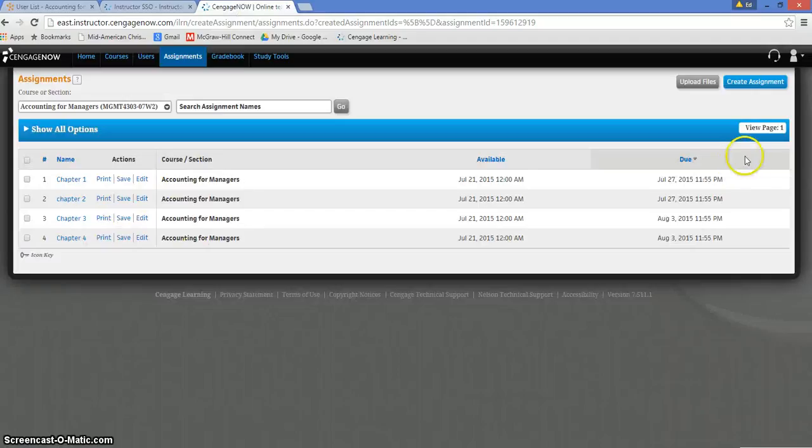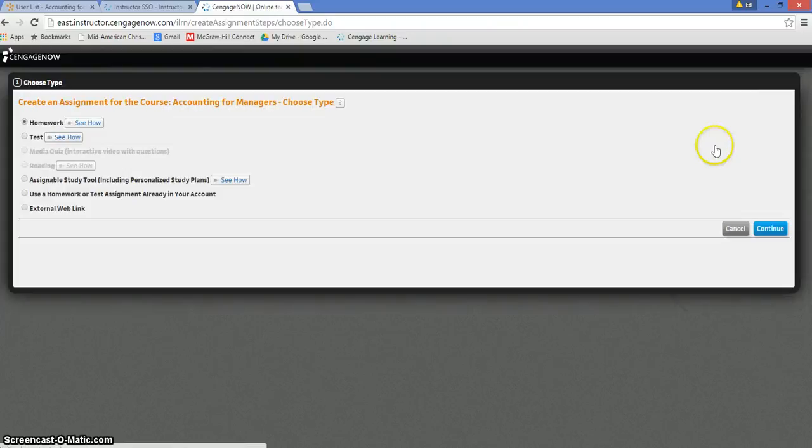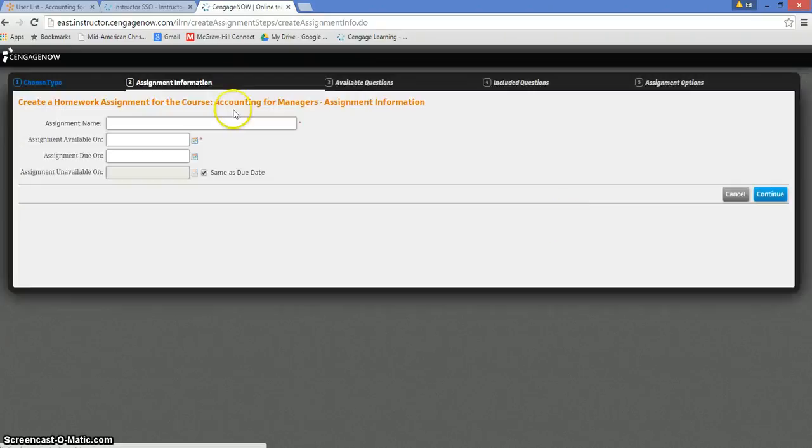So I'm going to, let's see, where do I go here? I want to create an assignment. I'm going to add chapter 5. So click on Create, and I want it done as homework. I'm not setting it up as a test. I'm not doing it as a study tool or anything else. So homework, the default is what I want. So click Continue, and it allows you to give it a name. So I'm going to type chapter 5,